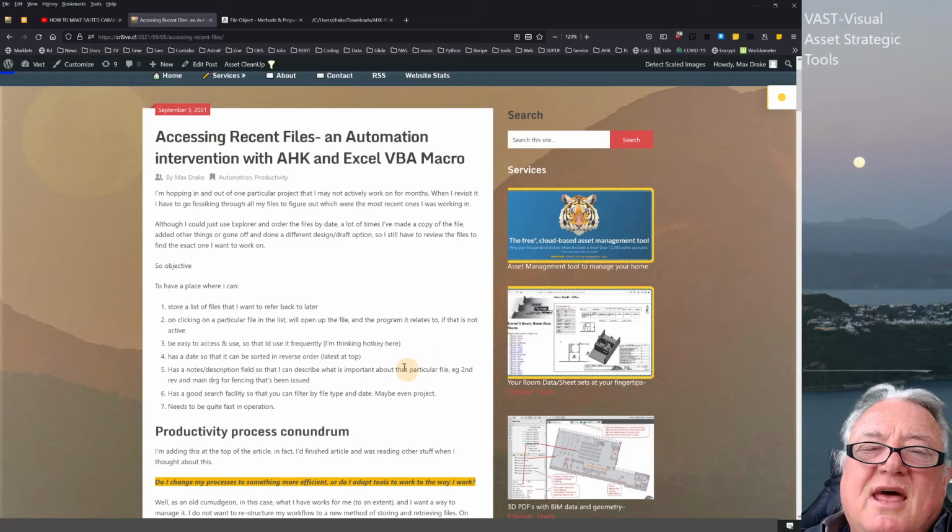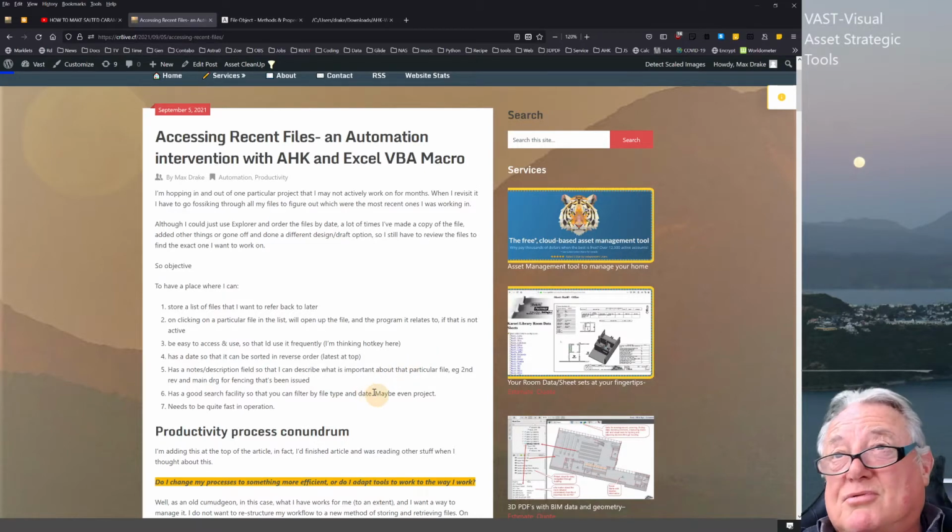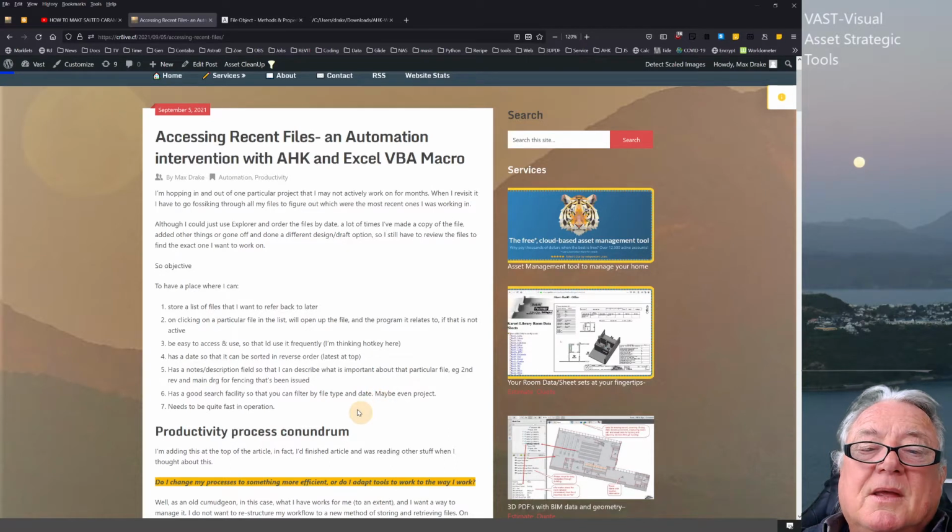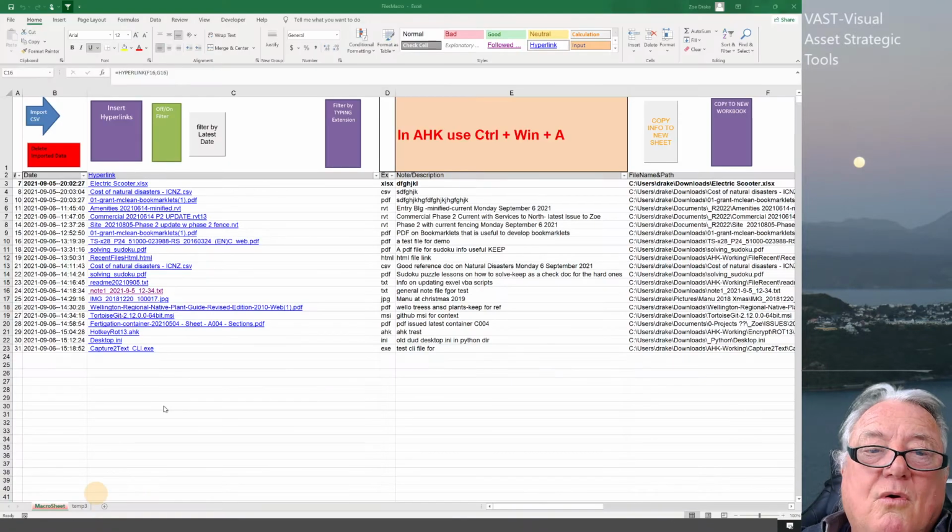And I wanted something that had a good search facility, so you can filter by the type and the date, maybe even project, or maybe my priority. You can actually put big priorities between things. And it needs to be quite fast in operation. Now, of all the things that I've got,